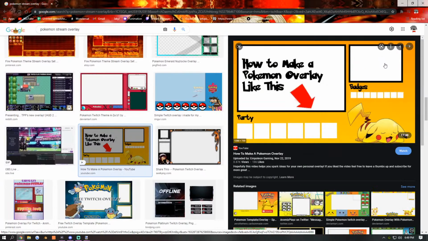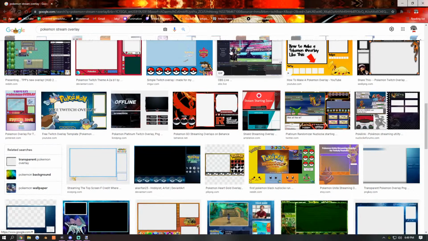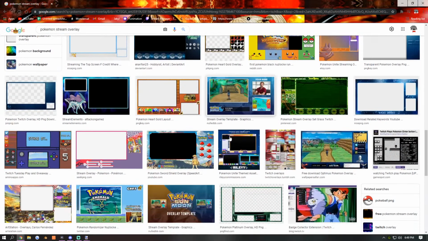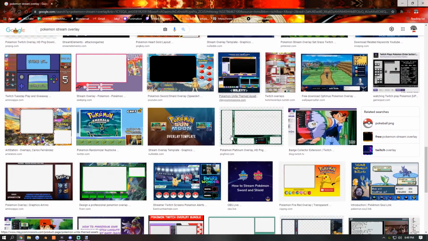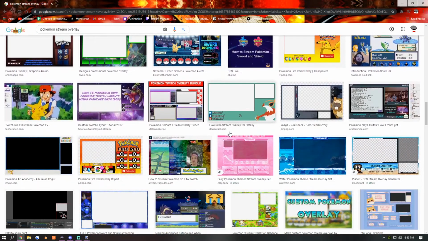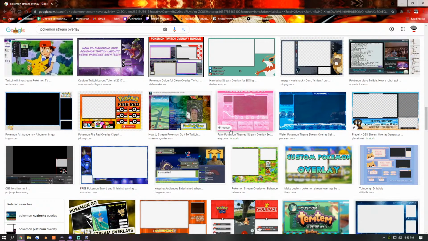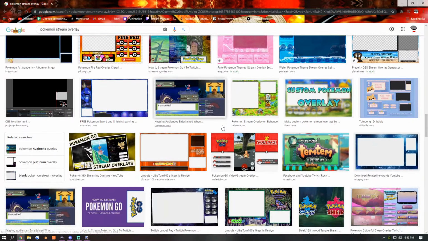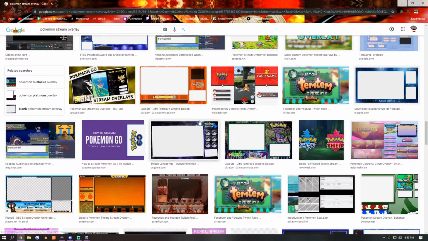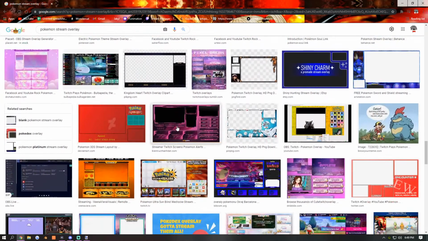Yeah, and other people just do a plain background, like a plain color background, so I guess it doesn't work that bad. I don't know, I might just stick with a plain color background and go with the different